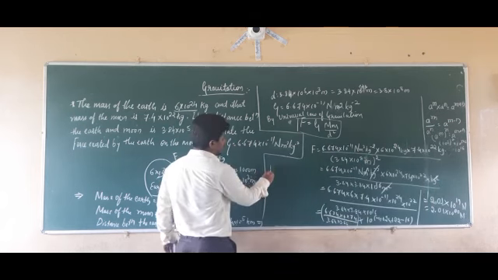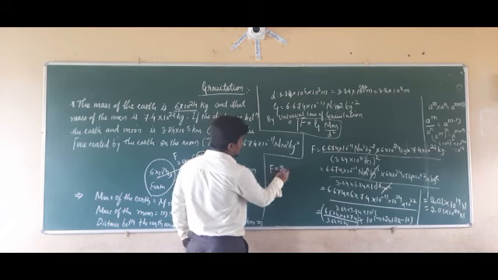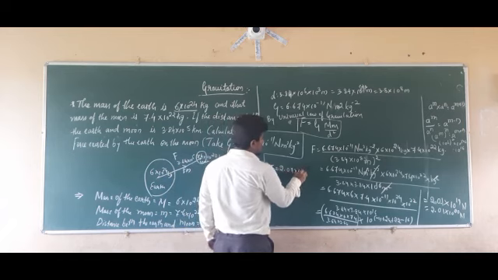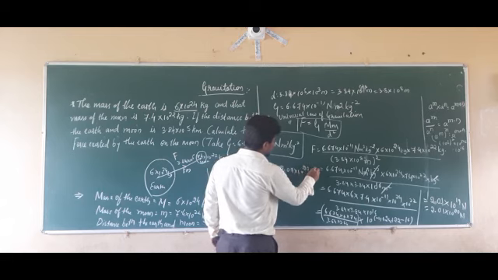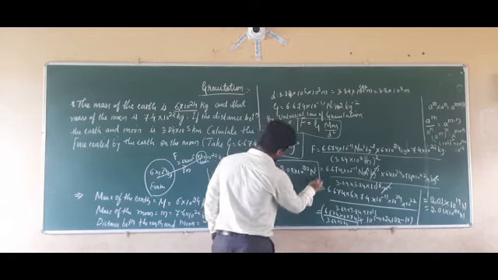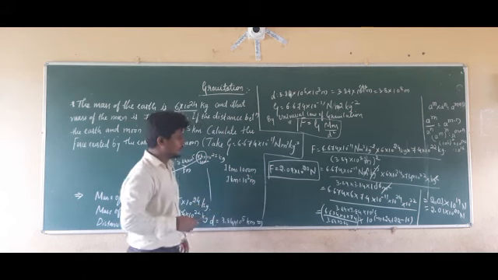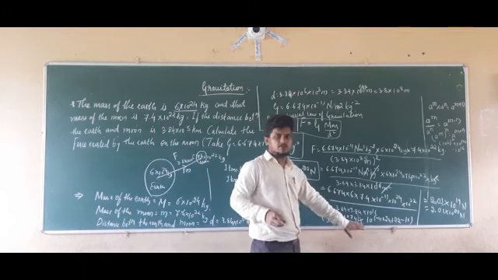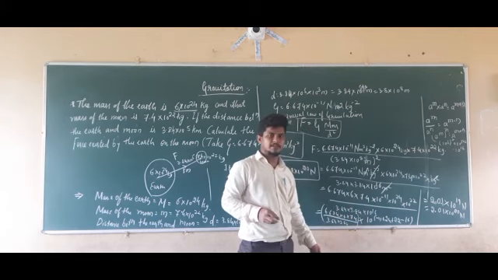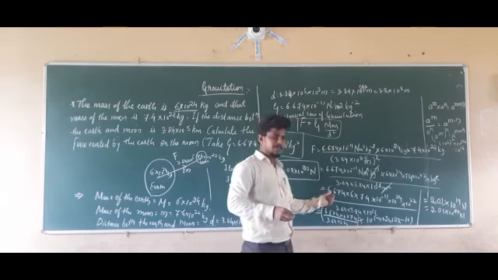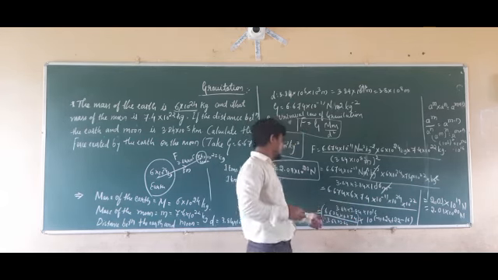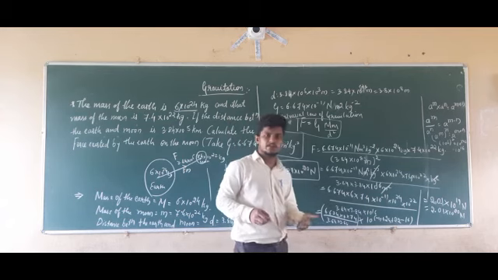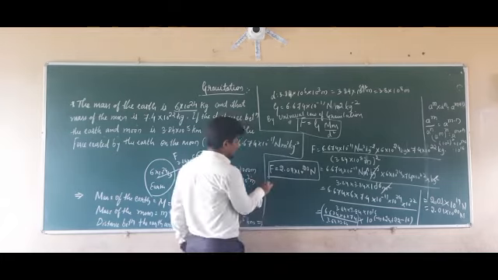Right. Therefore, at last F is equal to how much? It is equal to 2.01 into 10 raised to 20 newtons. Calculate this value, I'm not going to calculate here. Just do the mathematics: division, multiplication, division, and directly calculate the value. It's going to come as F equal to 2.01 into 10 raised to 20 newtons.